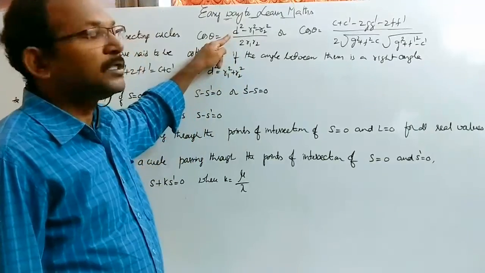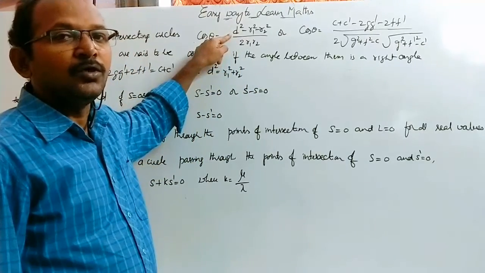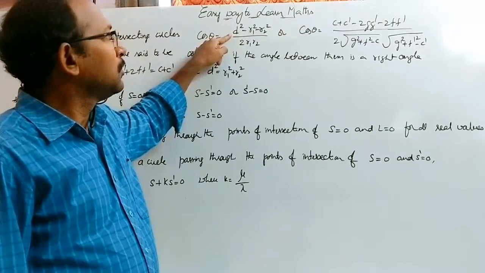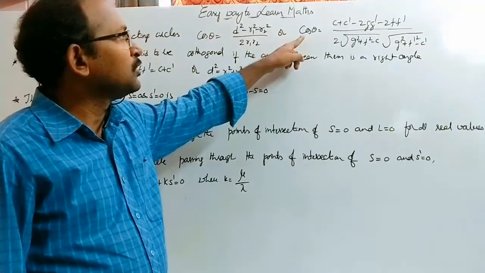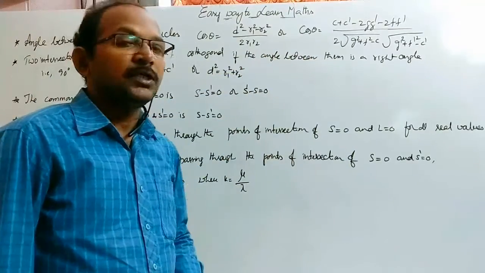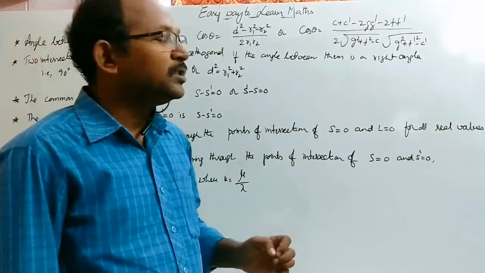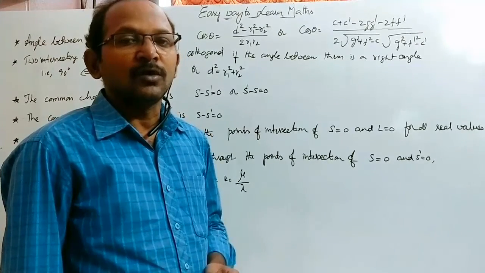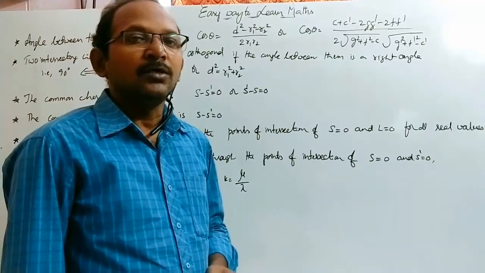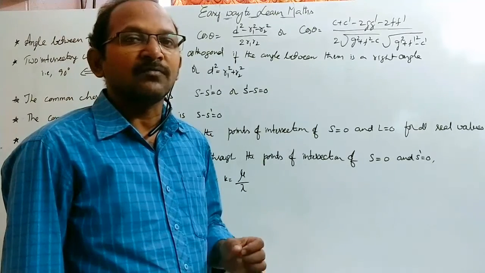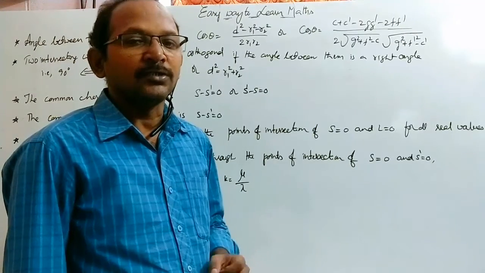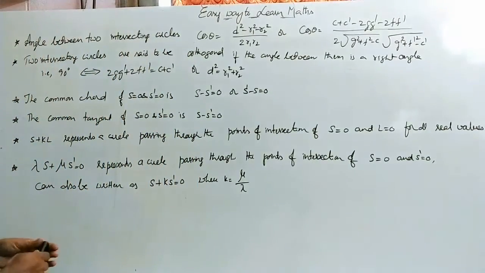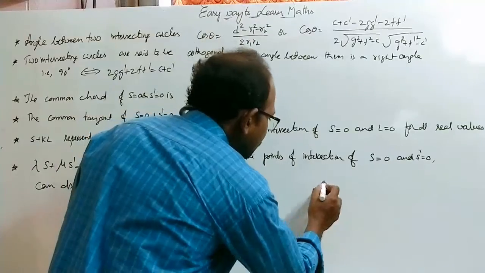Here d is nothing but the distance between the two centers, that is nothing but c1 c2 bar, and you can use this formula also: cos theta is equal to c plus c dash minus 2g g dash minus 2f f dash by 2 into root of g square plus f square minus c into root of g dash square plus f dash square minus c dash. Okay, and if the angle is like this,